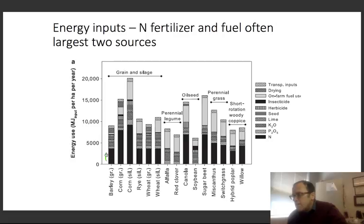There, you need nitrogen, you need potassium, phosphorus, you need lime, all to produce barley. You know barley, right? Herbicides, pesticides, transport of the inputs. You need on-farm energy. That's what this little bar is about. And that all accumulates into a total energy consumption for that particular crop. And what this paper does a nice job of is present us the energy consumptions for all those different aspects